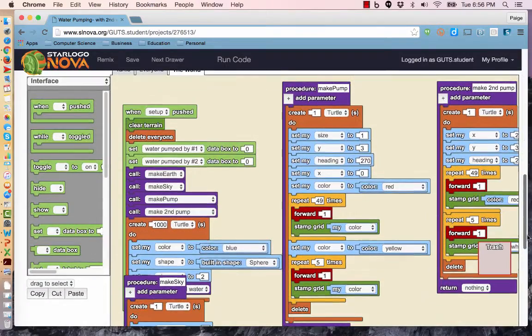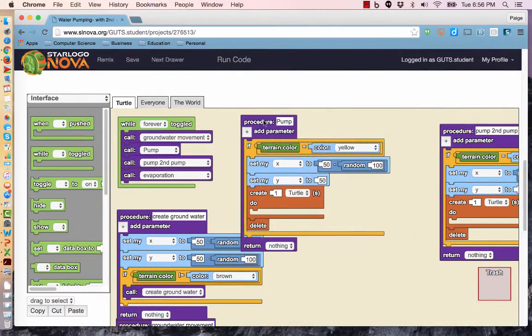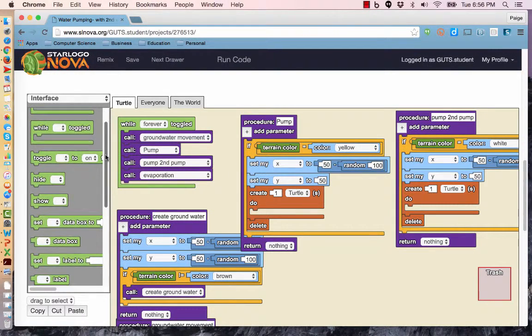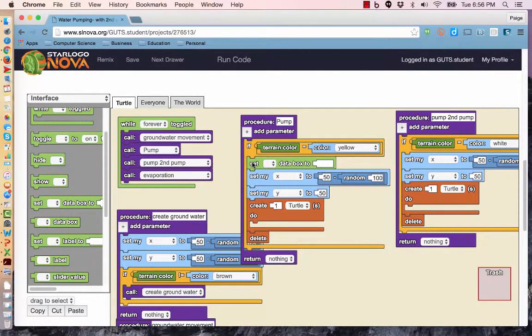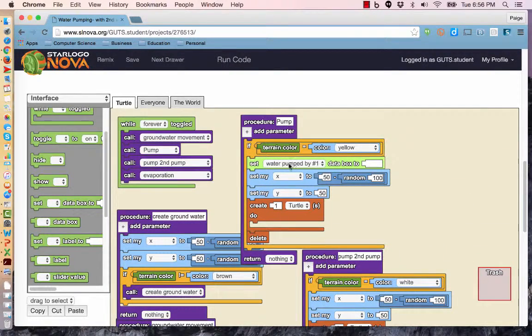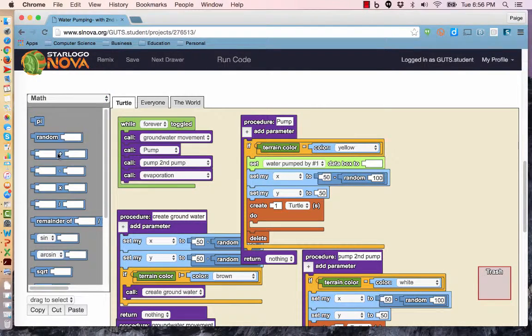And that's going to happen in the area where the forever is happening. And remember, we have a procedure for pump and then a procedure for the second one, and these pumps are differentiated by color. So what we want to do here is, if it hits that yellow pump, it's going to change something in the data box, and I'm going to make a little space here, and that data box is going to go up by 1. So we need a math block here, the +1,